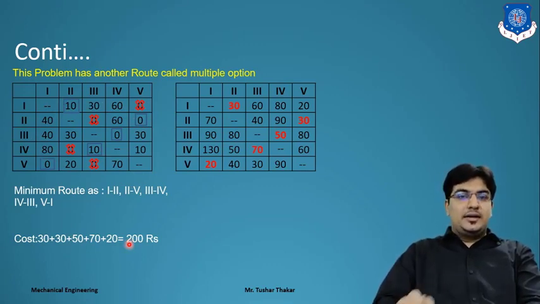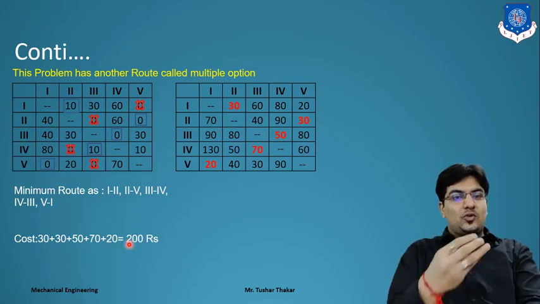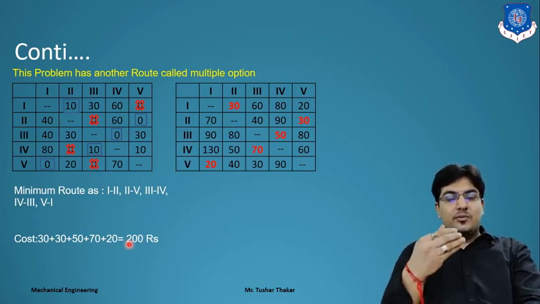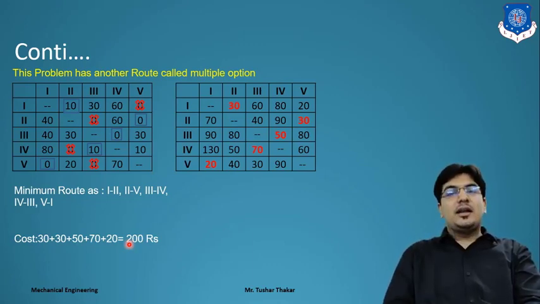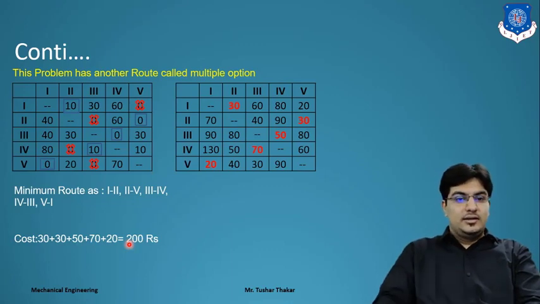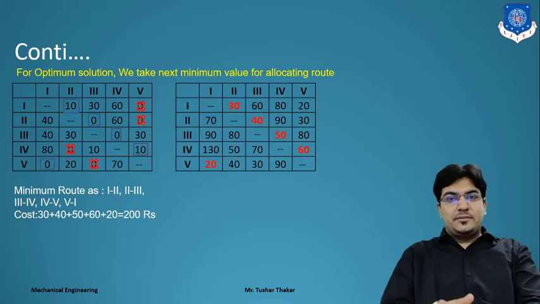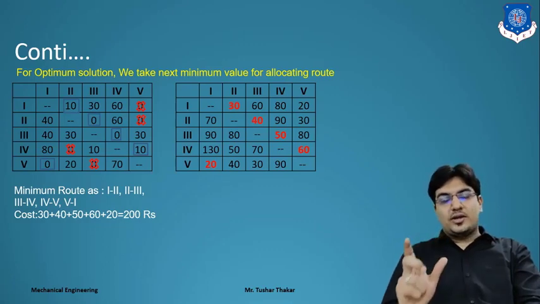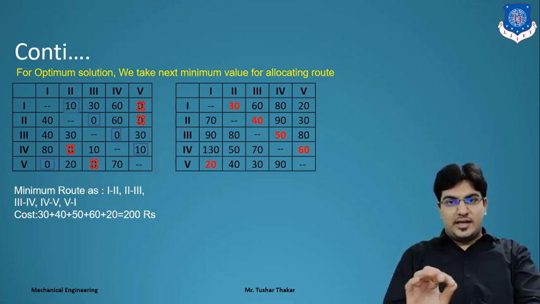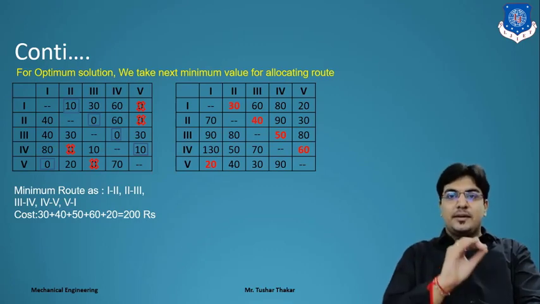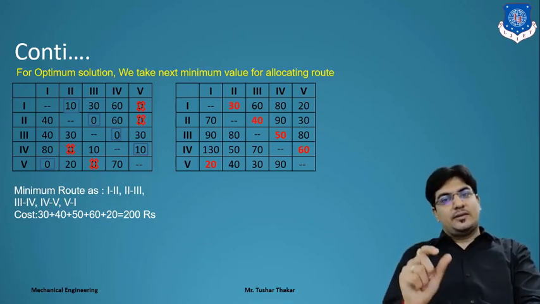Keep in mind, there are different multiple options, different routes, different allocation positions, but ultimately the answer is only one. It is always a constant. It may be possible to make a different route, different assignment positions, but the main aim, the cost, is a constant value, meaning it never changes. At different positions, at different bus routes, the value is fixed.